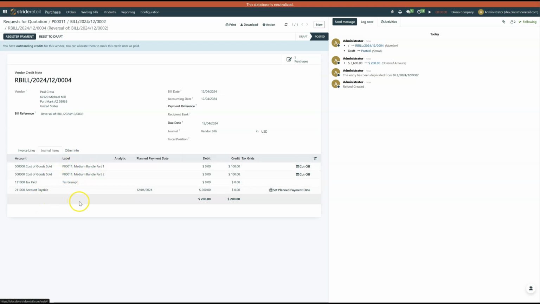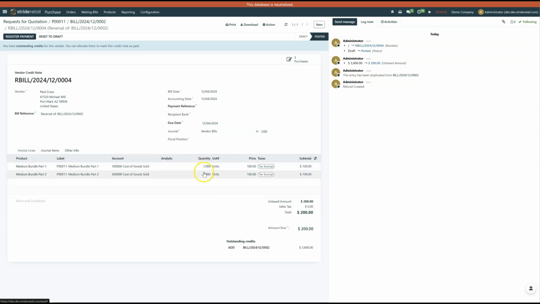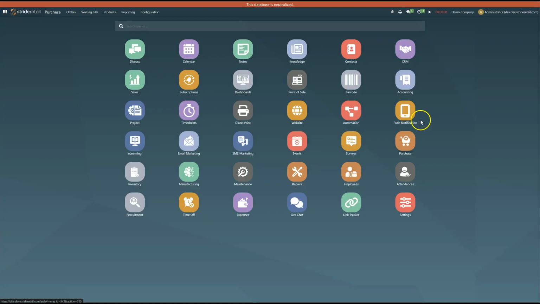If they're trackable parts, it's going to mess up the interim accounts, thinking that we got a credit because we returned one of each of these items. However, that's not the case. That's not actually what happened. So when receiving credit notes from a vendor that's not specific to an actual returned item or to an inventory move,